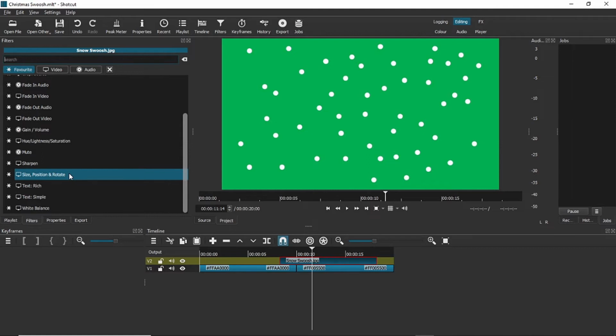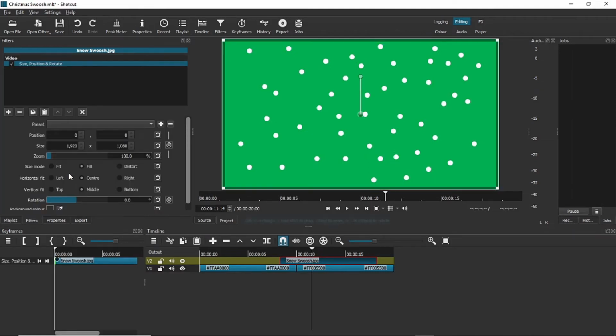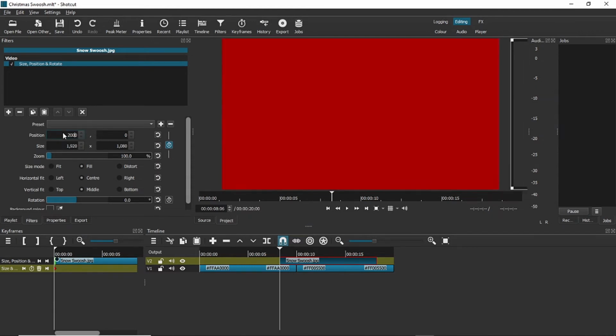Using the size, position and rotate filter, create the zoom across the screen keyframe. I'll link to a more basic keyframe video at the end if you've never done this before. You should do this in one step and adjust the length of time to get the effect you want. Stopping the image in the middle will likely look jarring. So here I'm making it come in from a position of 2000 and exit to a position of -2000.